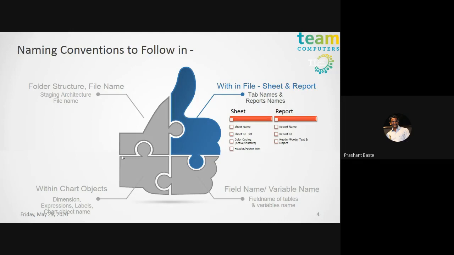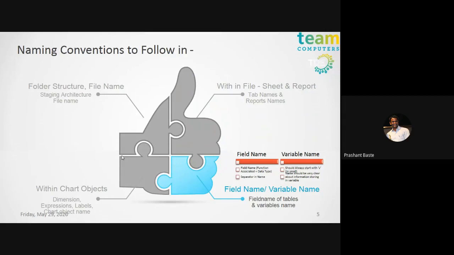Similarly, as I mentioned for the sheet, if the reports have headers and footers, those should be very clear. And remember, I have seen many developers directly pulling logos or headers into a report. Instead, if you pull them into a sheet itself, and that sheet object is pulled into the report, it is very feasible from the maintenance perspective, as well as for further developments or changes. This is very helpful, so one should always follow these things.